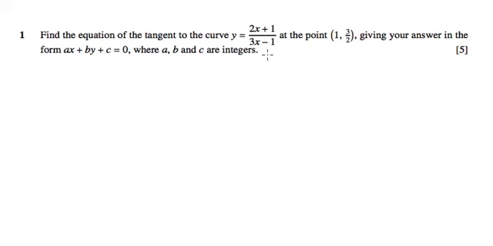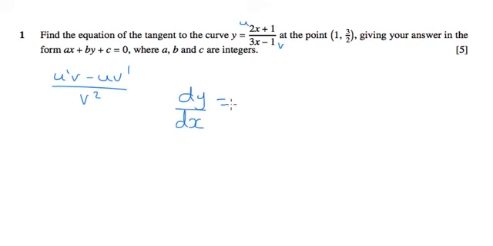We're going to need to use the quotient rule, which is u dash v minus u v dash all over v squared. So this is going to be my u, and this is going to be my v. So for dy by dx, we're going to differentiate the first for u dash, that's